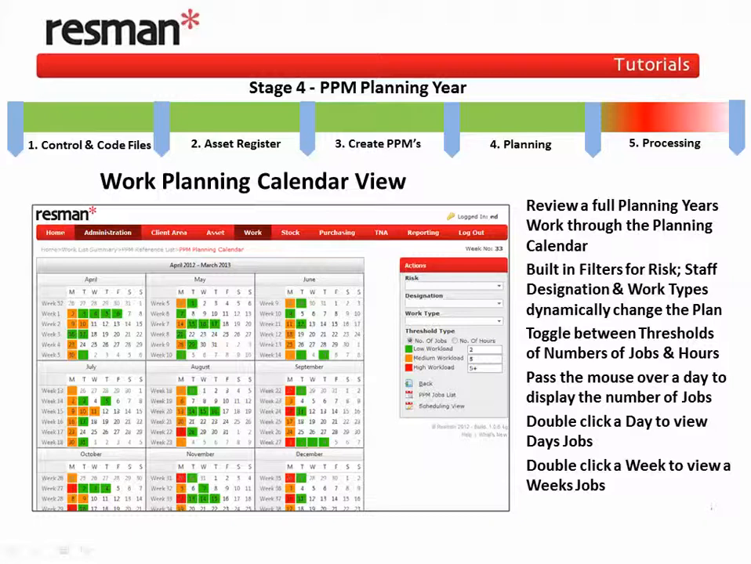This is the work calendar view, and this is traffic light color coded based on our threshold values that we set up in the control file for the number of jobs and hours for PPMs. The color coding highlights our peaks and troughs for demand and capacity planning and to assist in smoothing the plan. We have built-in filters for risk,